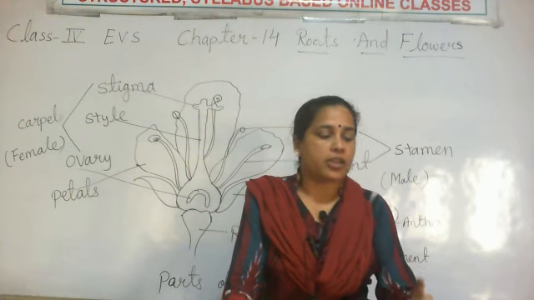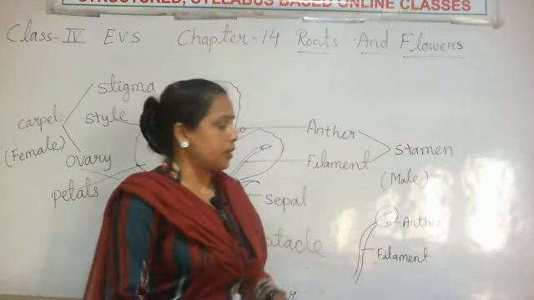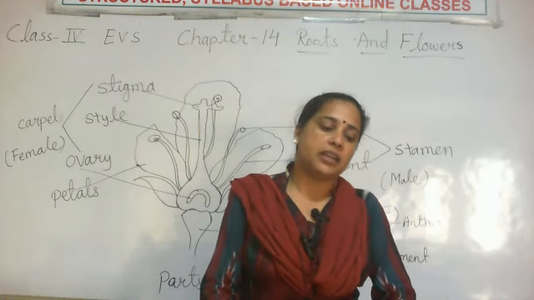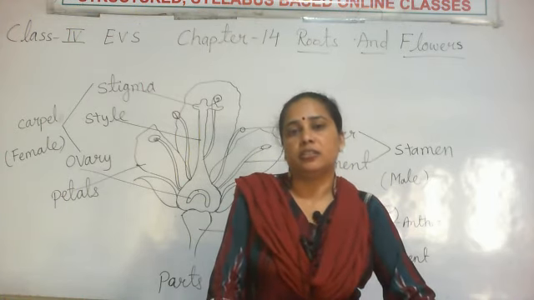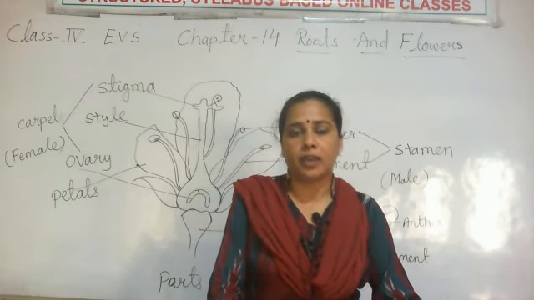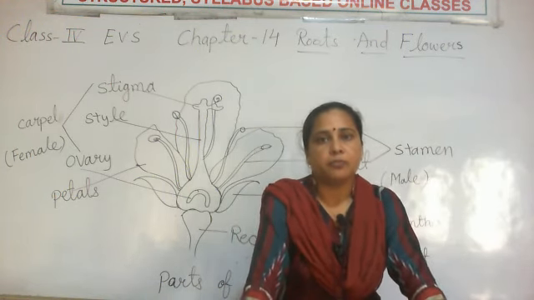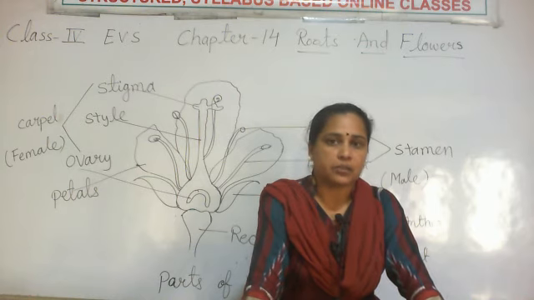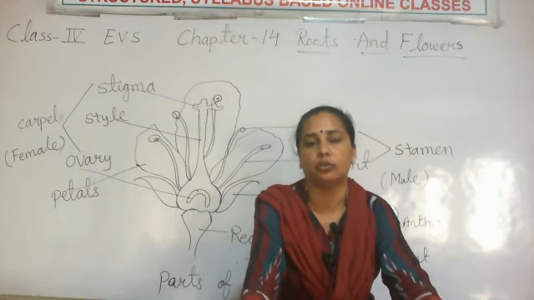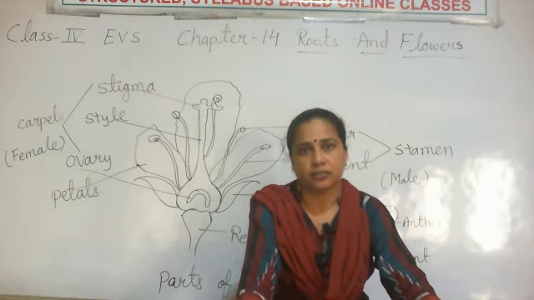After that, I explained to you about the different types of roots. Two types of roots we found, that is taproot and fibrous root. Basically the taproot is found in big trees, and the fibrous root we found in herbs and shrubs, those are the small plants. After that I explained to you about the special roots, meaning plants make some modification in their roots to survive on the soil or on the earth.